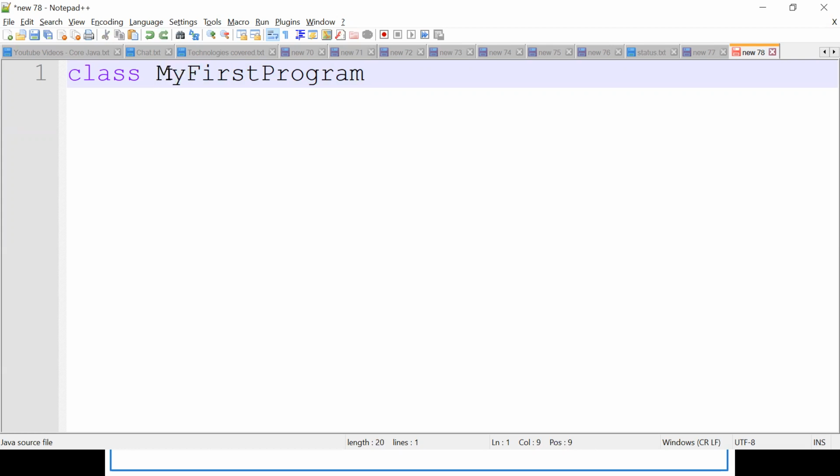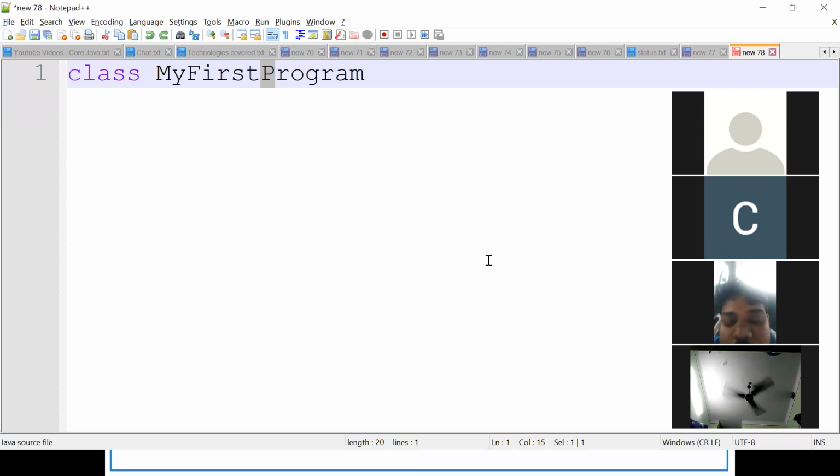Class name, first character should be uppercase, and when you complete each word, again it should follow uppercase. My is a separate word, First is a separate word, and that's why I gave uppercase here. Program is a separate word, that's why I gave P as uppercase.